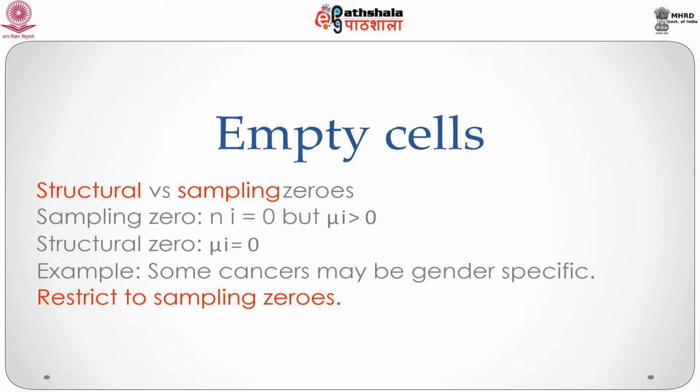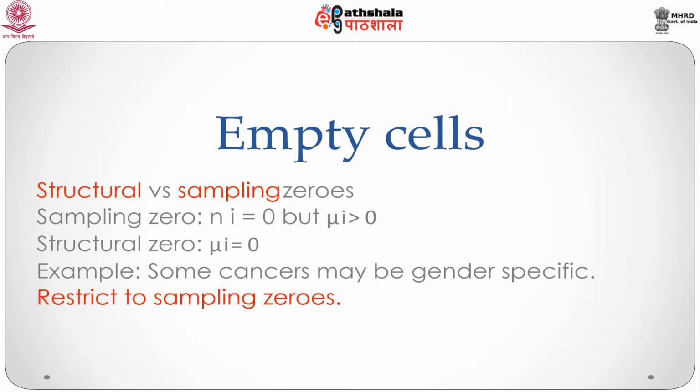As some cancers such as prostate cancer and ovarian cancer are gender specific, it is certain that some of the cells will have structural zeros. The problem of structural zeros is rather different, and for the remainder of the discussion, we shall restrict ourselves to